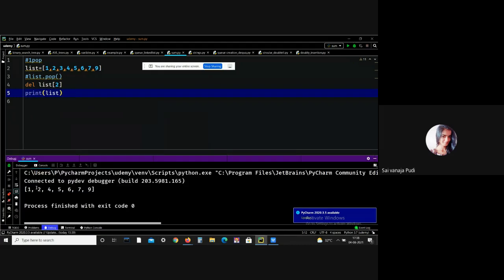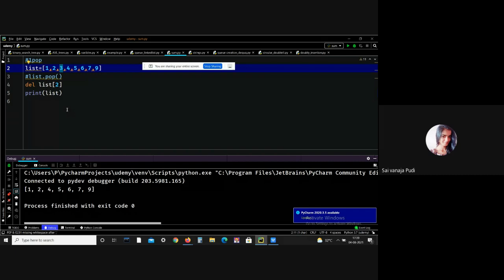See, we got the output 1, 2, 4, up to 7. Here the element at the second index position, 3, is removed. 3 is deleted successfully. This is all about the delete method, and the final one is the remove method.